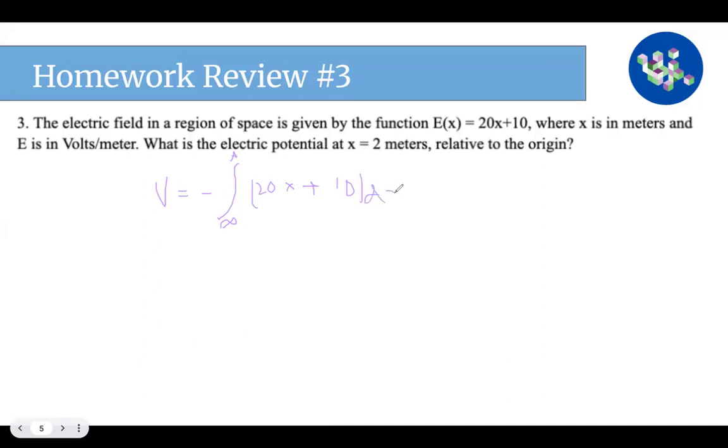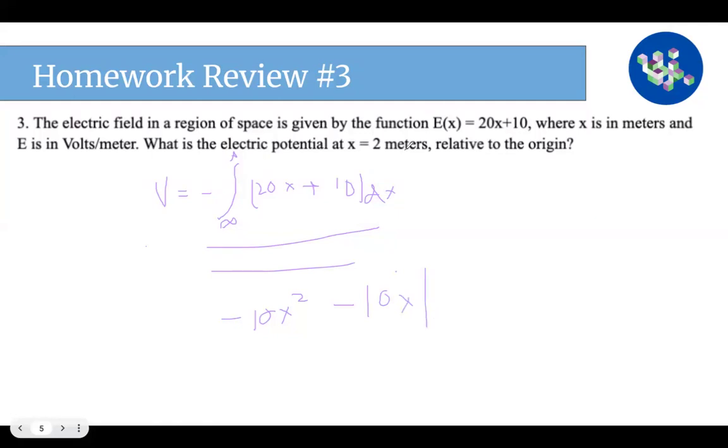This is just a simple integral that you can do. Just know the fundamental definition of the potential and be able to do this integral. It's pretty standard. So the integral would be negative 10x squared minus 10x from,